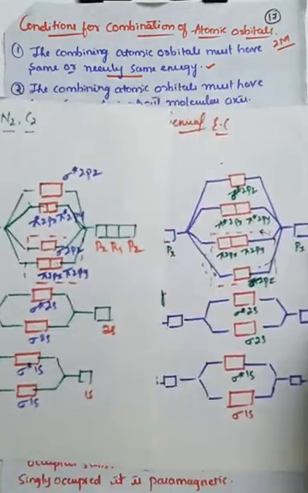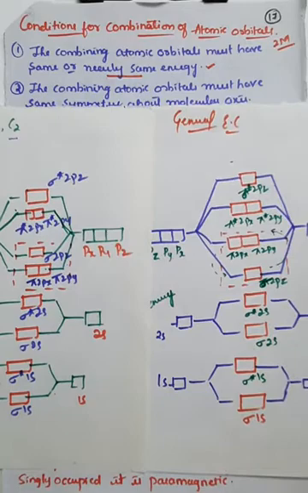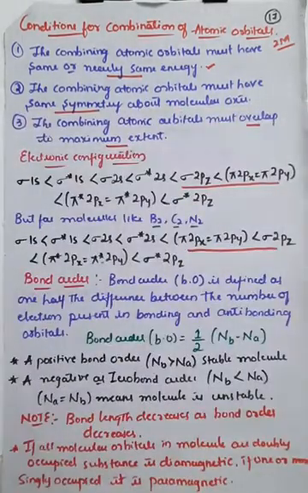So with the help of this, we can write the electronic configuration of any of the elements. If you know the general electronic configuration, we just draw the orbital picture diagram, and further we see how many electrons are present in bonding molecular orbitals and how many in anti-bonding molecular orbitals, right? So when you know the number of electrons present in bonding and anti-bonding, we can calculate the bond order. That is the further concept which we will study in today's class.